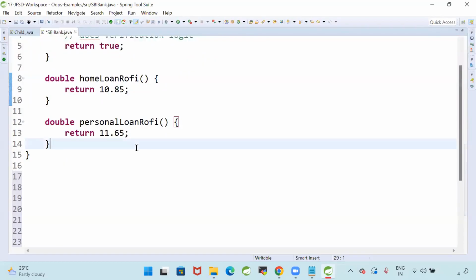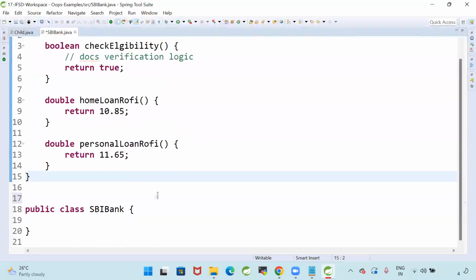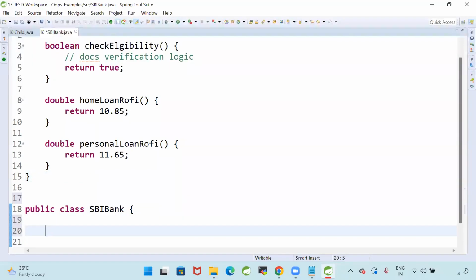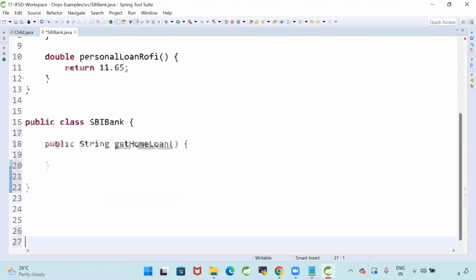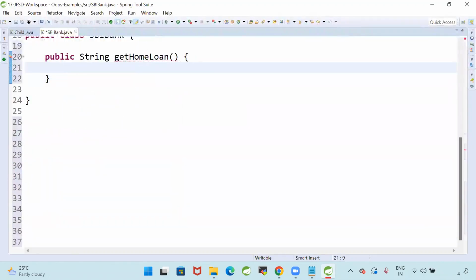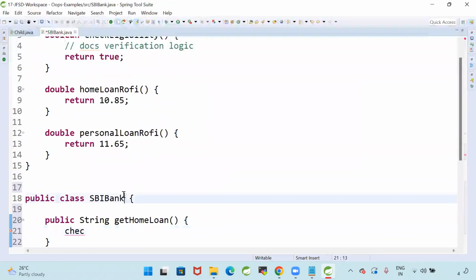But SBI Bank is there. SBI Bank wants to get home loan, public String getHomeLoan. In order to get the home loan, what do I need to do? I need to call documents verification. In order to get the home loan, I need to verify documents. So what is that? Check. What is that method? Extends